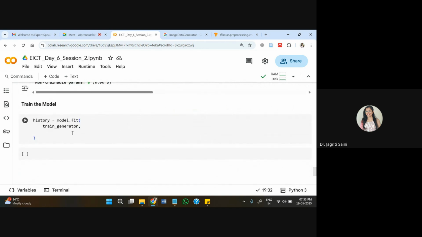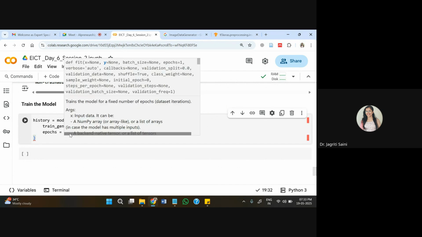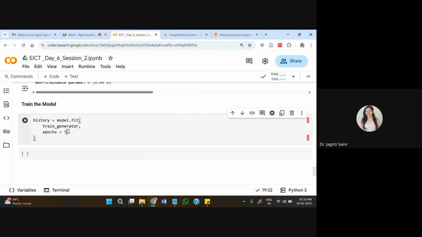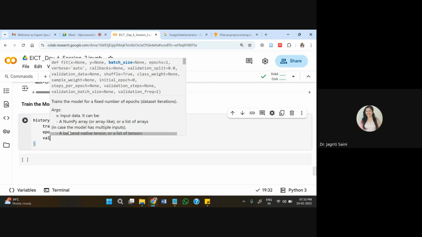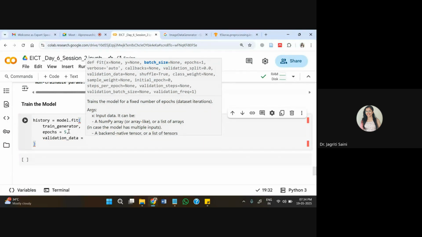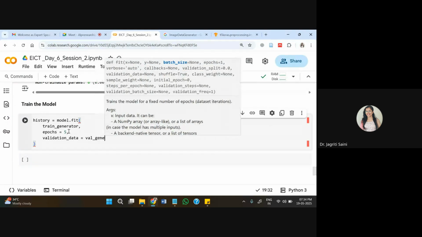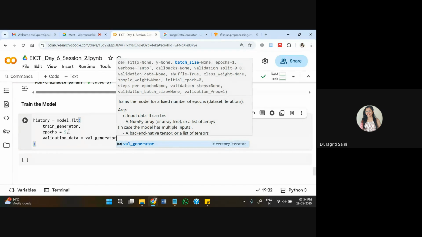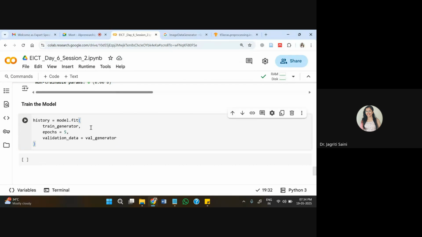I'm passing here train generator, then the number of epochs, depending upon for how much time you want to run this, you can set number of epochs. Because currently we may not have much time, so I'll keep just 5 epochs. But generally, for good accuracy with your model, you need more epochs. But since we have limited time and this is going to be a bigger model considering the quantity of images we have, it will take time to train. So 5 epochs only I'm keeping right now. And for validation of this model, I'm using validation generator that we have already created.